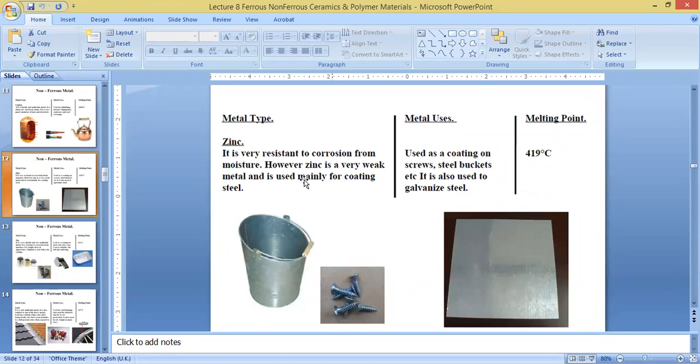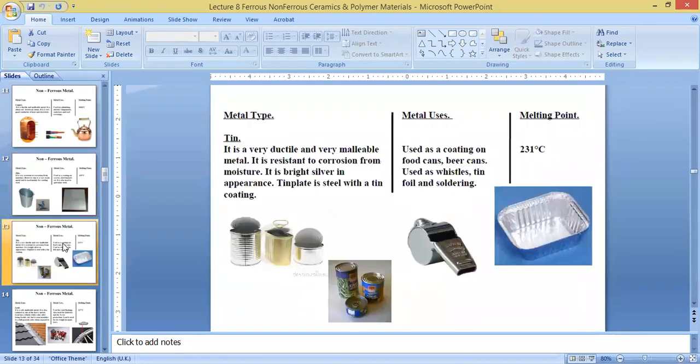However, it's a weak metal, and mainly used for coating steel. So that's why it's usually used as an alloy. It comes in as an alloy when we're looking for those anti-corrosion properties that it has. It will be mixed with other metals so that those metals have an enhanced anti-corrosion side to them. Coming to tin,